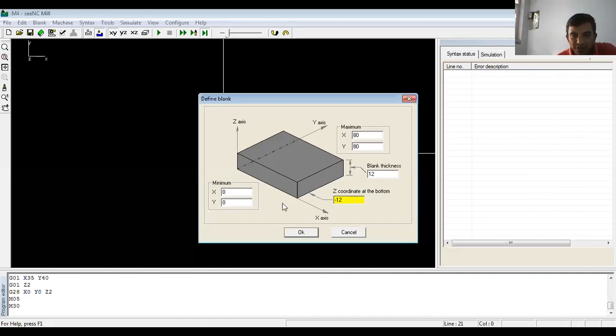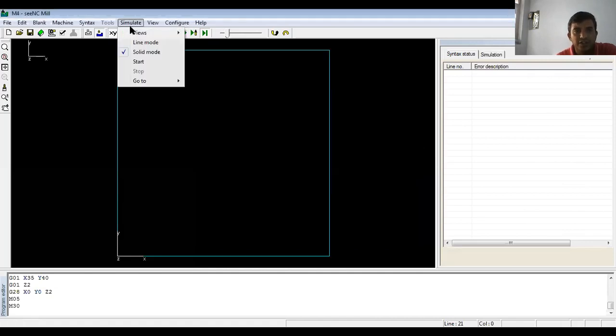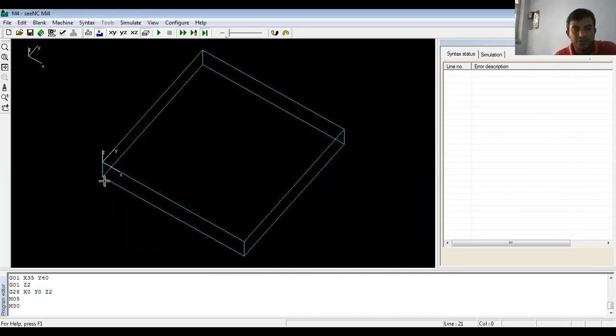Once you give OK, you can see the origin of the workpiece. Earlier it was here; now it moves to above the workpiece. This is our top plane. Go to the isometric view. Earlier the origin was here, right? Now it moves, which is why the Z coordinate at the bottom is negative of the blank thickness.